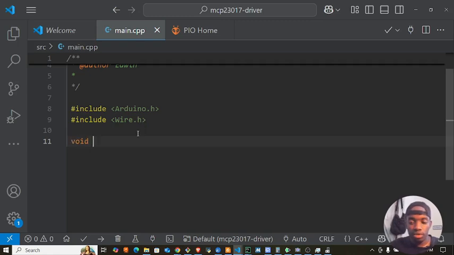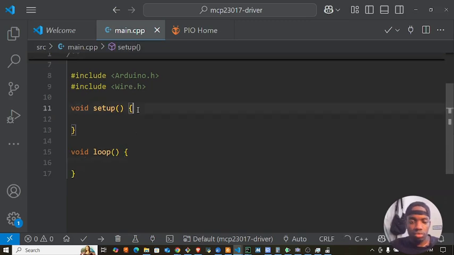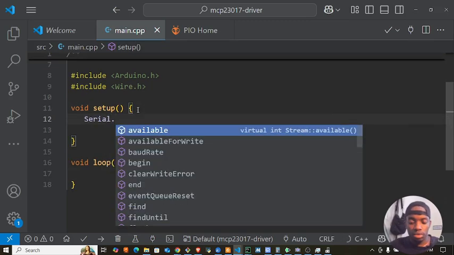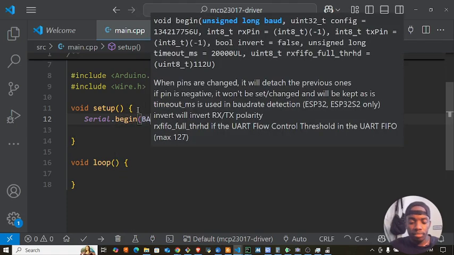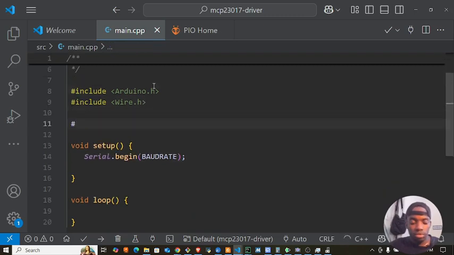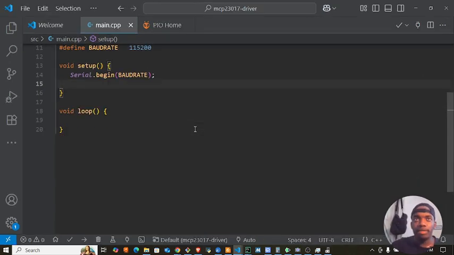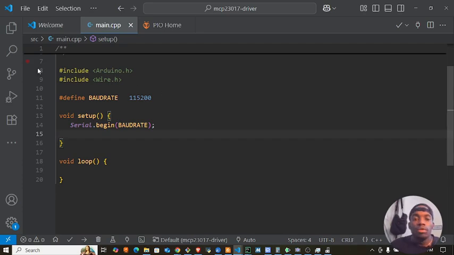Then two major functions we need are void setup and void loop. We will be using the serial monitor, so Serial.begin with the baud rate, which is 115,200 for the ESP. Define the baud rate as 115,200. Cool. Right. So the next thing